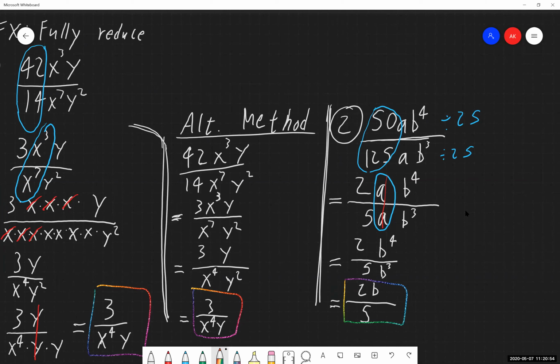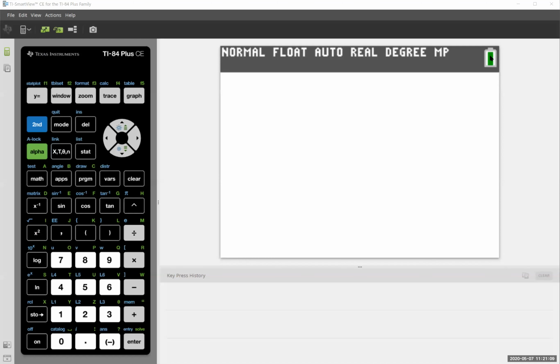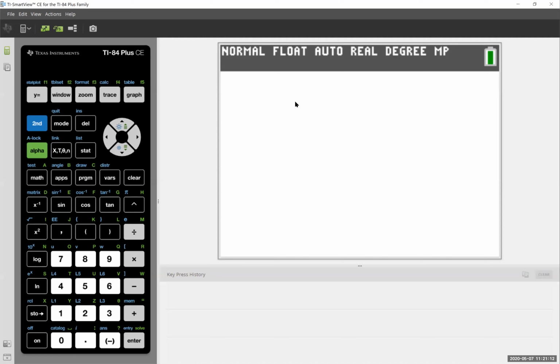So I'm going to jump us over to the graphing calculator. I'll show you guys a trick on how we can go through and reduce fractions down with that calculator. So we'll jump over to that. Okay. So again, I'm going to reference our first 2 examples that we just worked with, but how do we go through and simplify those things on a calculator? So if you have a graphing calculator, now is the time to get that out. I'll give you guys a minute here, like 30 seconds to get that out if need be.